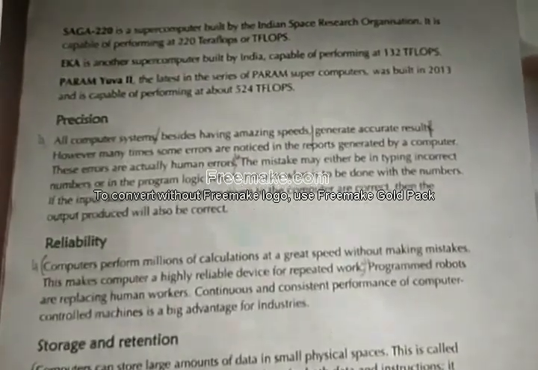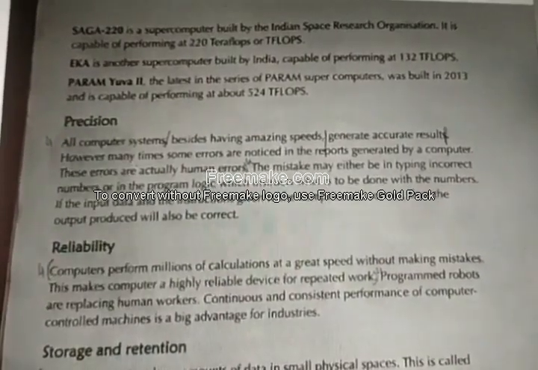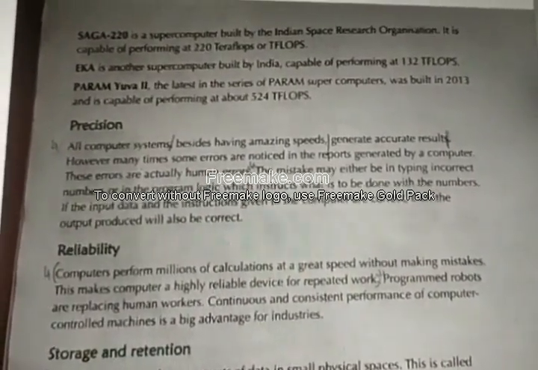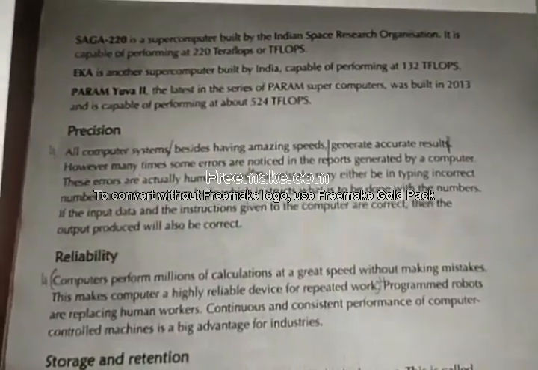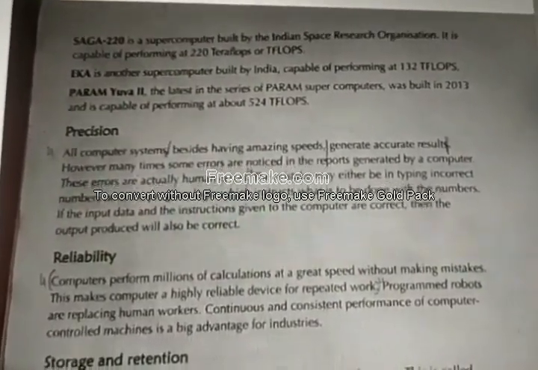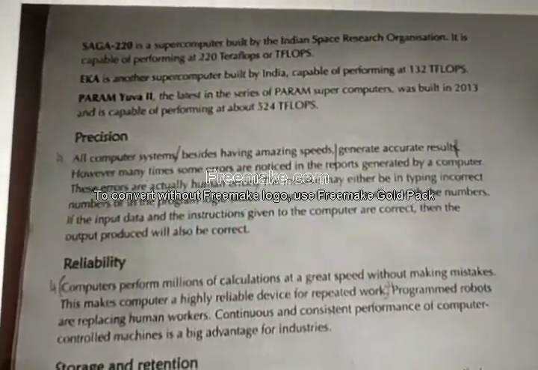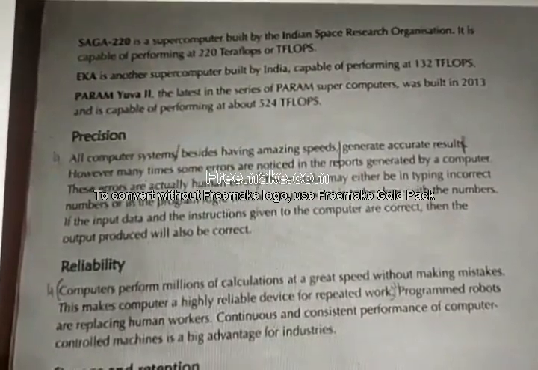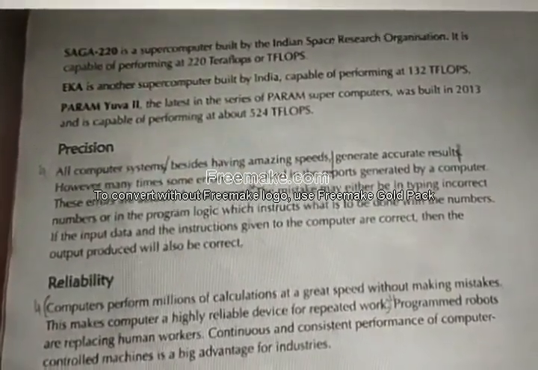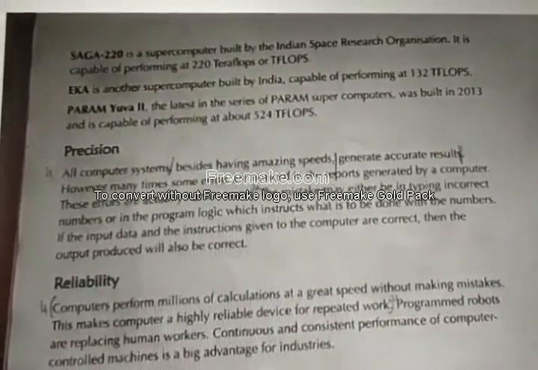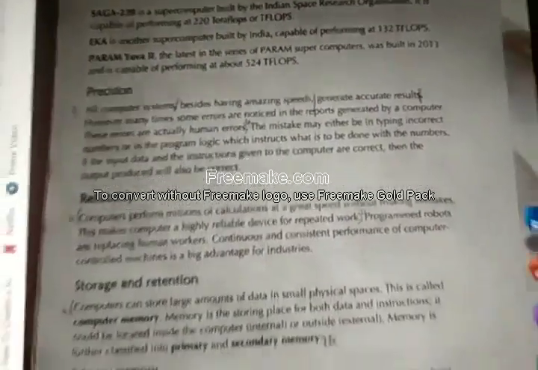But you can sometimes say, sir, even though while doing some operation I see some mistake, not in calculation, but while doing some operation I see some mistake in the computer. No, it is not actually a mistake in the computer. It is a mistake in your process. While you do a process, you could have made some mistake. Its result would come wrong, but the computer will never do wrong. Okay.